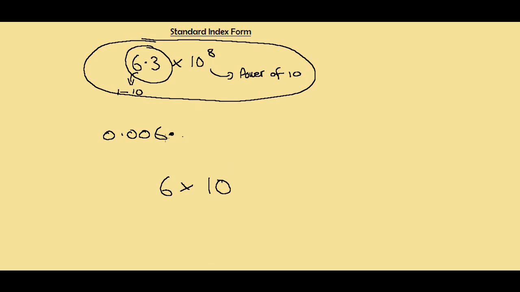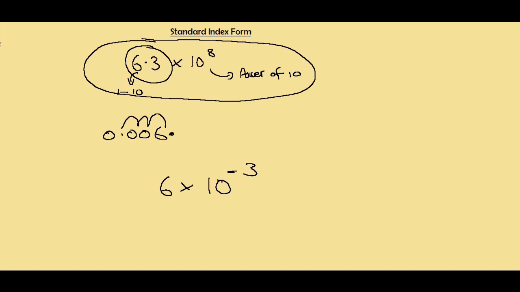Now this is where it slightly changes, because we've still got a jump of 1, 2, 3 times, so we still count the jumps, but in this case, because it's a small number and we're actually moving the decimal place forward to convert to standard form, we need to put a minus or negative number, so that would be -3. So 3 jumps but negative because it's a small number. Okay,